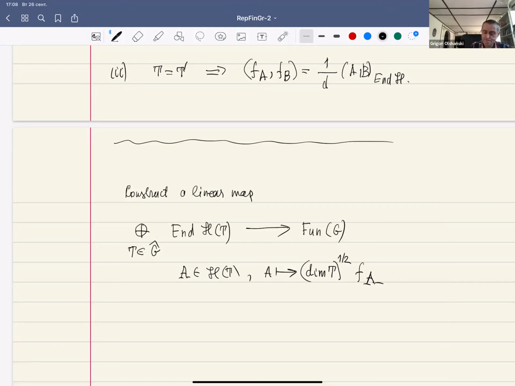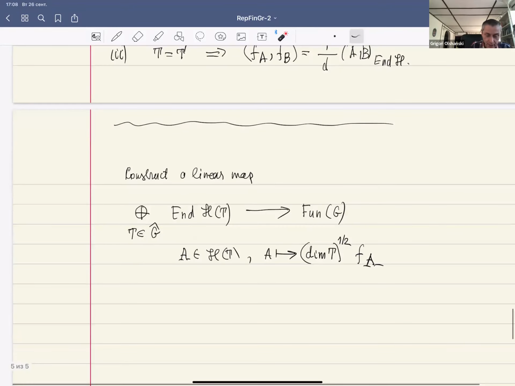So with just a little correction, which comes from this. And so what I claim: